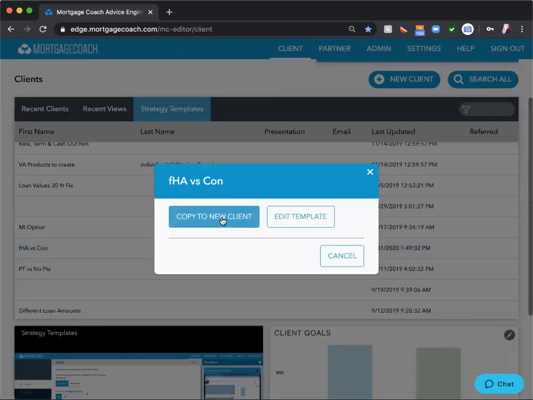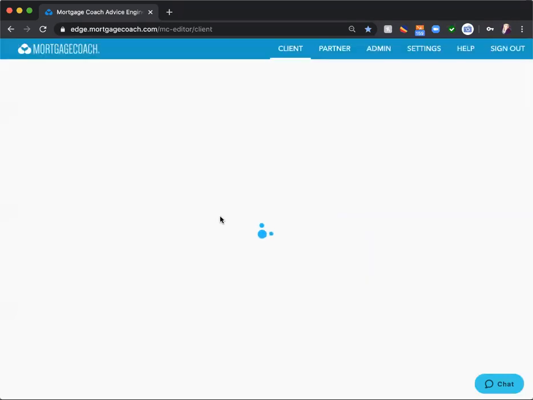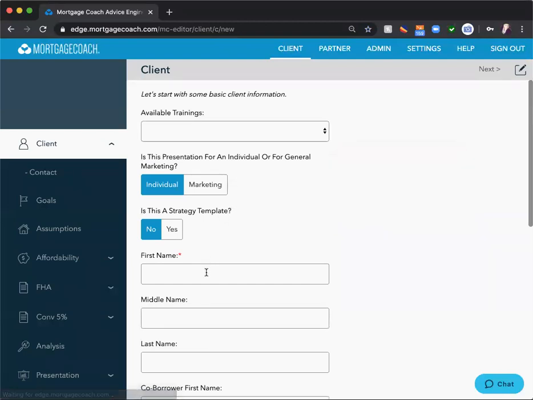I can copy this to a new client. Now, what a strategy template is: it has everything for each of these products in there that stays stagnant. So all my fees are in there, and the different products, so MI and all those factors are in there. All I need to do is copy to a new client, and let's say you're sitting in front of me